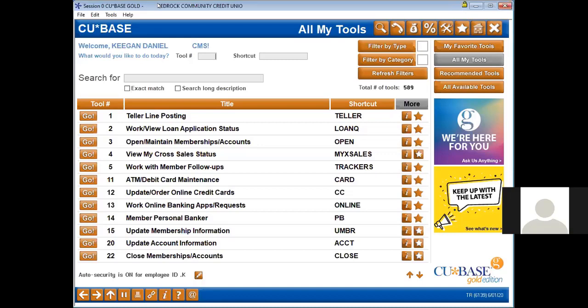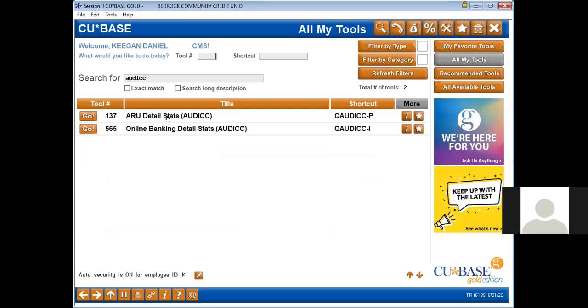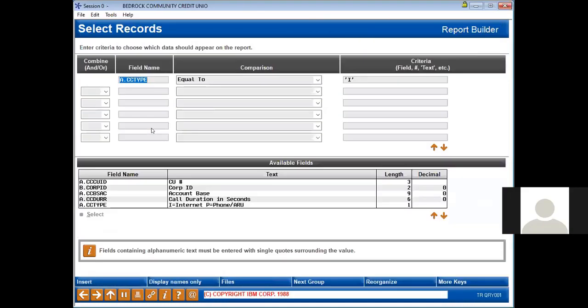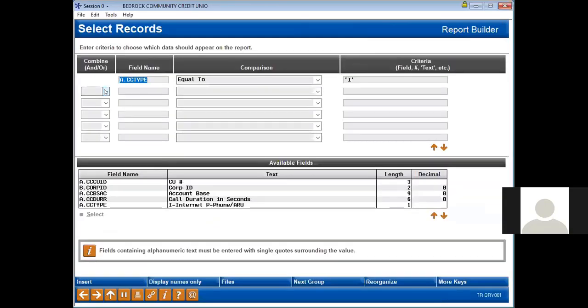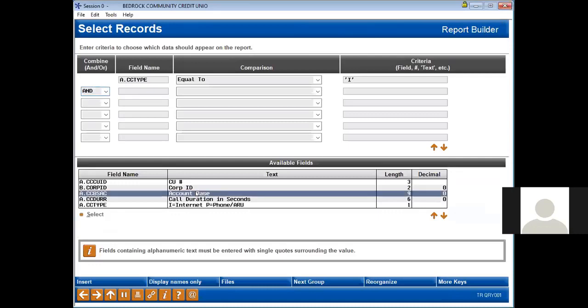So Keegan, could you just go to the Audi CC real quick? I just want to show them how to use the. You just want to look at the raw data table? No, I just want to show them how to use that canned query in the Audi CC. Yeah. So it's tool number 565. I told you about home banking. So what you would, there's nothing there, but yeah, this is the test credit union. Yeah, back up once. If you had in that second row, you would just put and then account base equal to, and then account number and hit enter, and you'll show all the IPs that have logged on